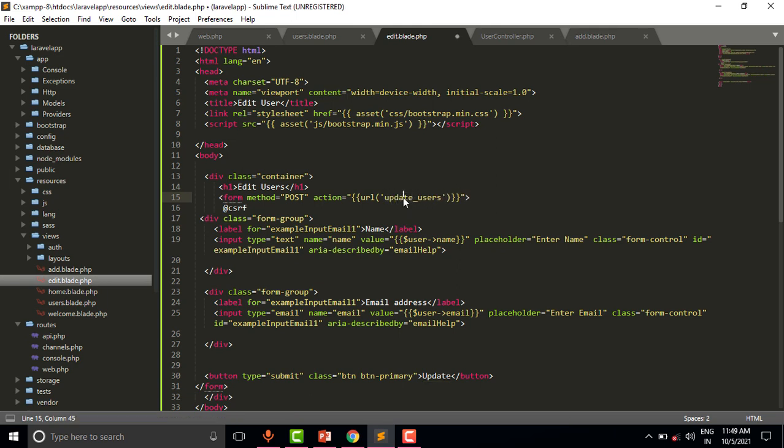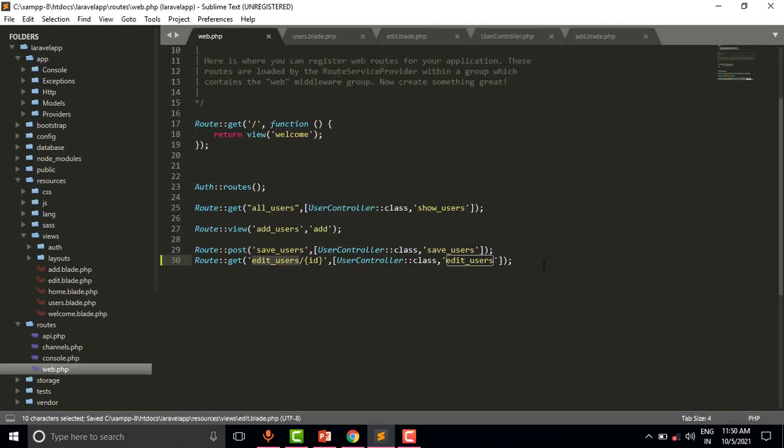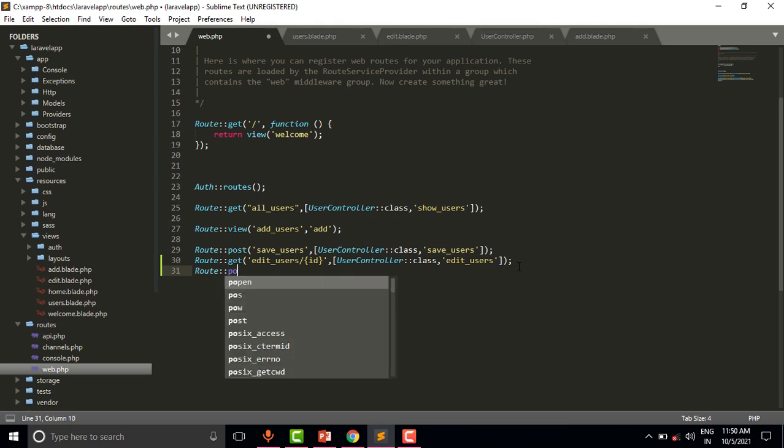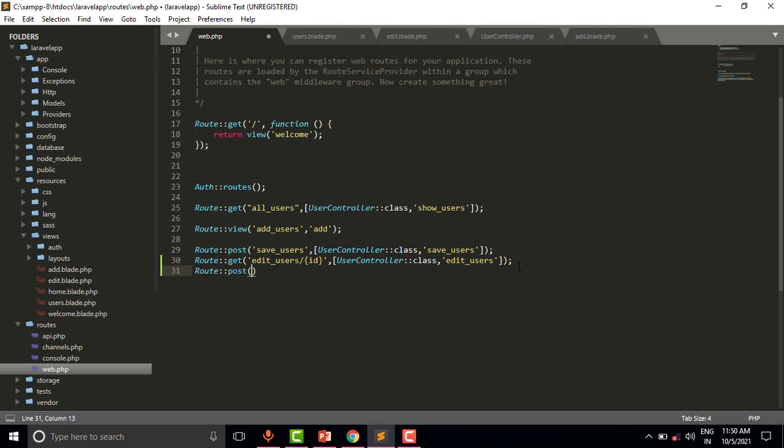Update user. So let us create this route first. Route post, update user.